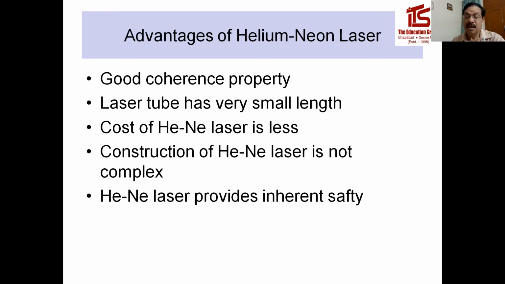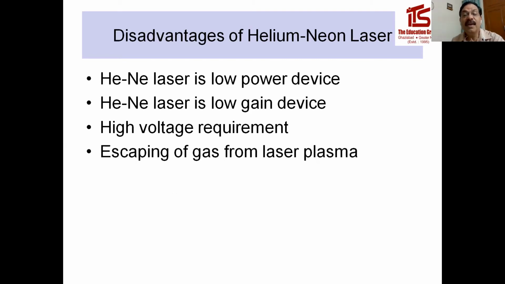Now, the question is, what are the disadvantages of the helium neon laser? Helium neon laser is a relatively low power device, means its output power is low. Second, helium neon laser is a low gain system device. And the third disadvantage is that to obtain single wavelength laser light, the other two wavelengths of laser need suppression, which is done by many techniques and devices. So it requires extra technical skills and increases the cost also.